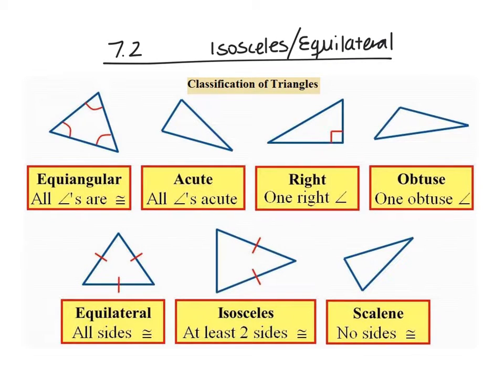All right, here's our lesson. We've got two today, 7.2 and 7.3. So first we're going to talk about isosceles and equilateral triangles. And what I've got for you here is just a basic summary of all the different ways to